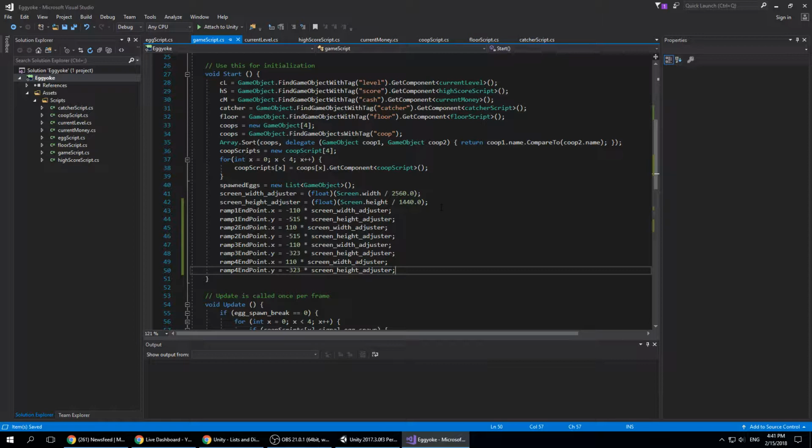I'm trying to figure out if this is somehow going to impact negatively devices with different size screens, and probably it will. But I think the impact is going to be very small. I mean, maybe some people are going to be able to get high scores because the speeds on some devices are arguably smaller by some percentages than the speeds on other devices, depending on the width and height of the screens accordingly. But we'll just keep it simple for now,